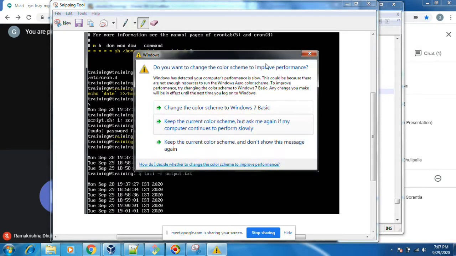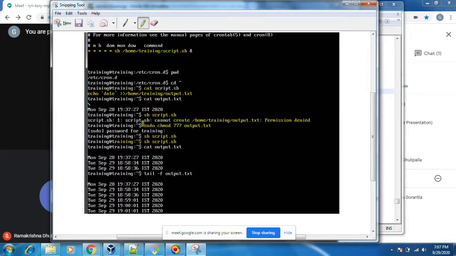Then I used sudo, meaning root, and changed output.txt as the root user, giving full permissions to output.txt. After giving permissions, I again ran the shell script manually.